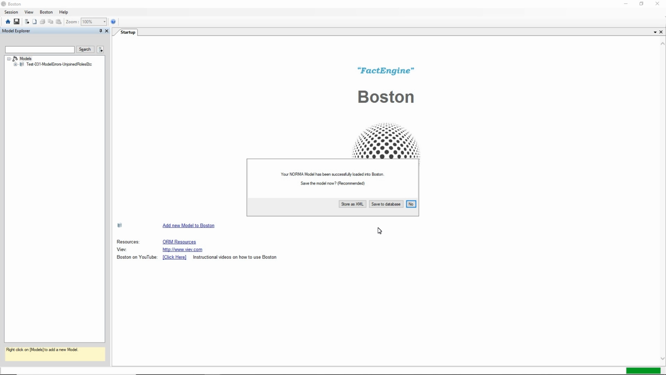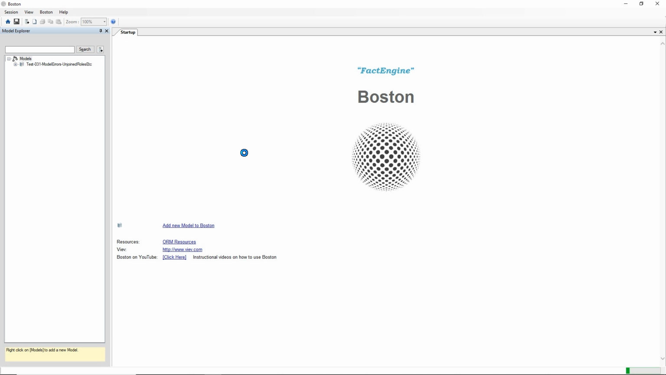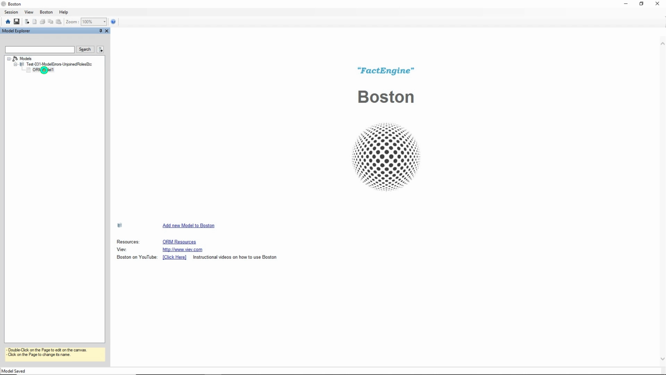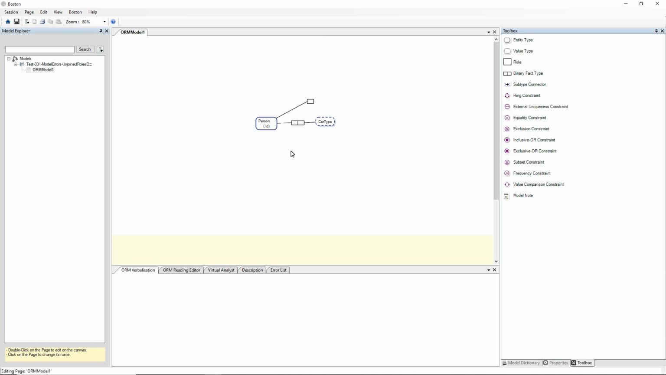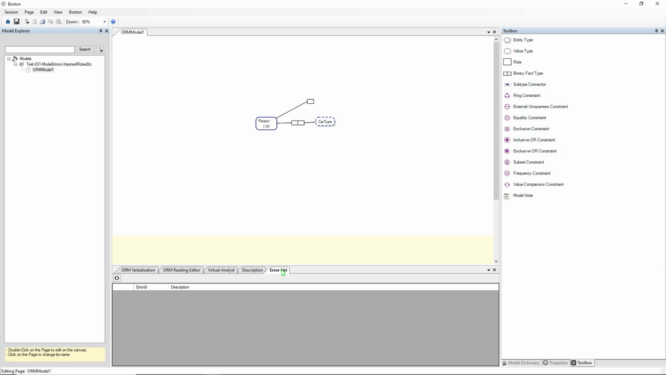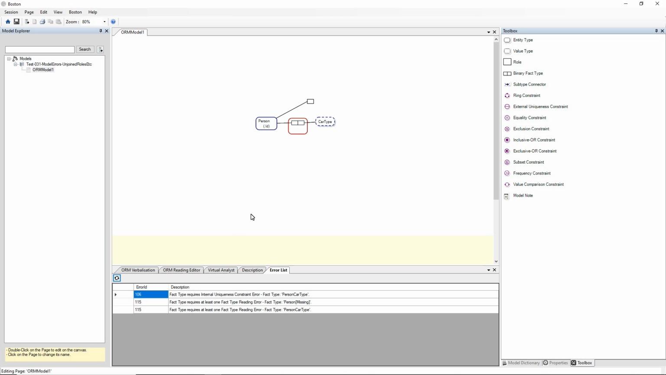Now it's finished loading the model. It says, do you want to store that as XML or save to a database? It's only a very small model, so we'll save that to a database. And on the left hand side in the Model Explorer you can see the model's been loaded. So we'll open the page for that model and we can see it's the same model that's in the NORMA in Visual Studio. We'll go to the error list and refresh that, and you'll see 3 errors listed there,